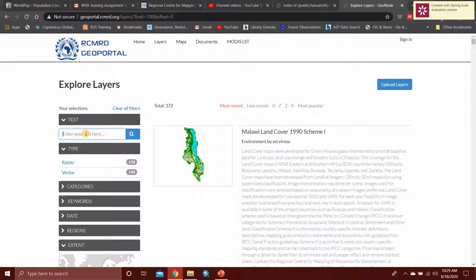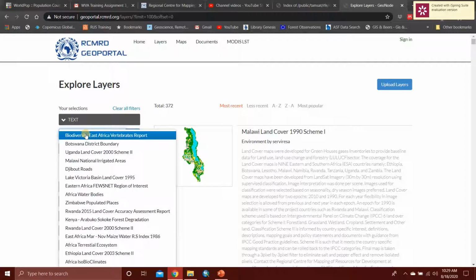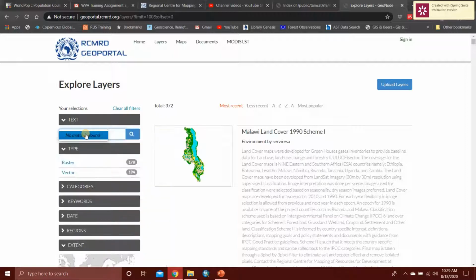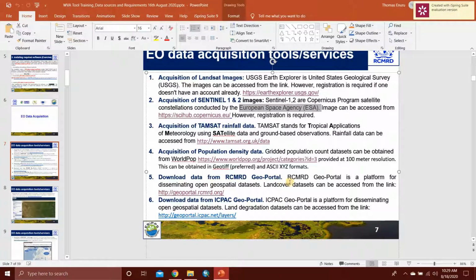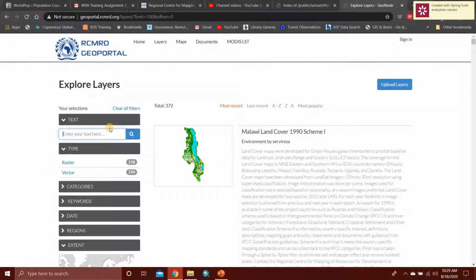So if I don't get something there, then I type maybe SRTM. That is not there. Based on we want to obtain the land cover data for individual countries. So I go back and say Kenya. So when I type Kenya,